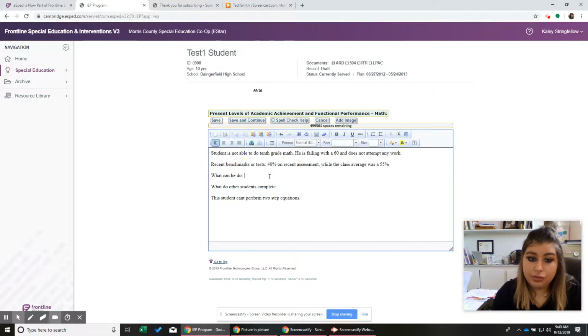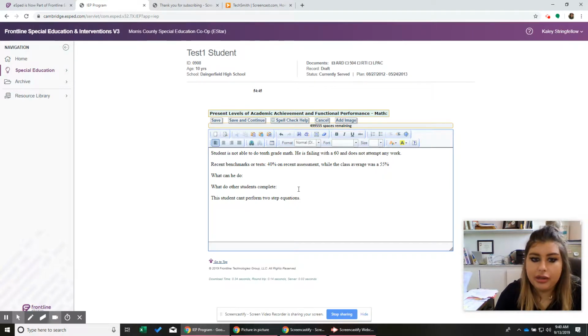What he can do. It may not be grade level tasks, but there are things that the student can do for sure. And if this teacher cannot tell you one single thing, you're going to need to go in that room and observe and see what's going on. Because if this kid can't even do basic addition, and can't use a calculator, then we need to look at what's going on. Why are they in this class? So let's be observant there. They can do something, and I know that.